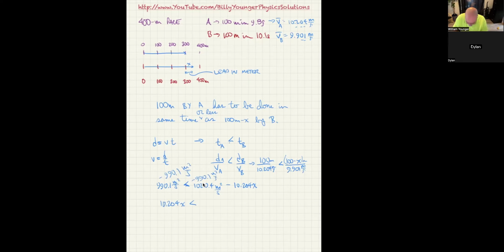And when I do that, I'm going to say 102.04 minus 99.01, or excuse me, 990.1. That looks right, right? Let's double check. Yes, I had to move the decimal 2 places. So I'm doing that subtraction,